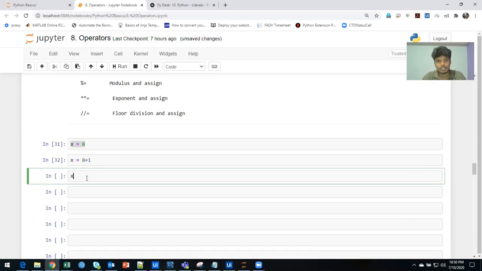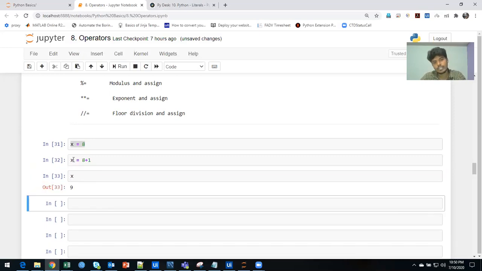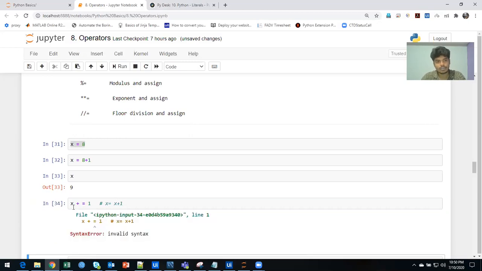Instead of this, I can do it a different way, with x += 1. This is the same as x = x + 1. Instead of writing this, we are going to have this.